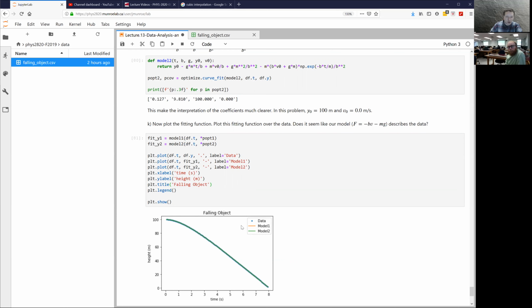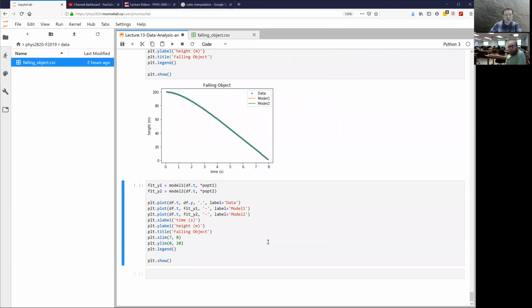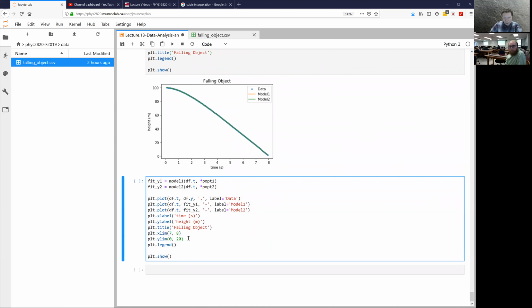There's so much data here that you can't actually see it. So what I'm going to do is make the exact same plot, but use xlim and ylim to effectively zoom in on a box that looks like this. X goes from 7 to 8, and y goes from, oh, a box that looks like this, sorry. I want to clear my drawings. Box that looks like this. If I do that zooming in,